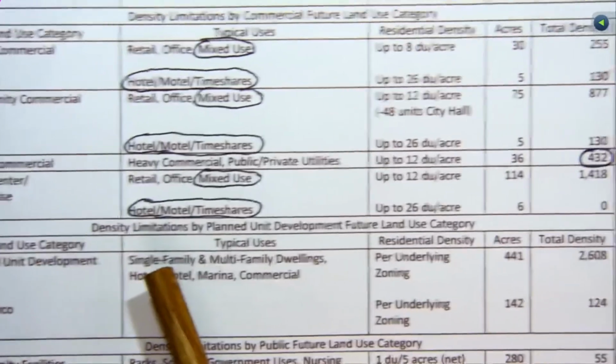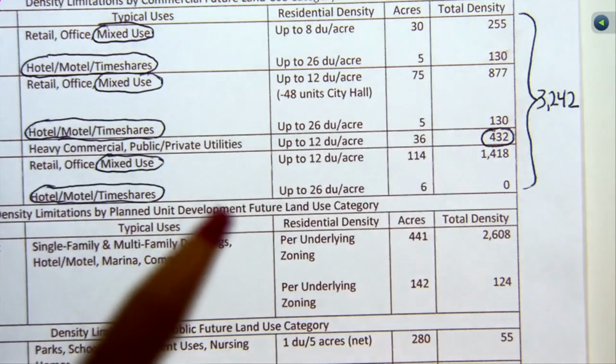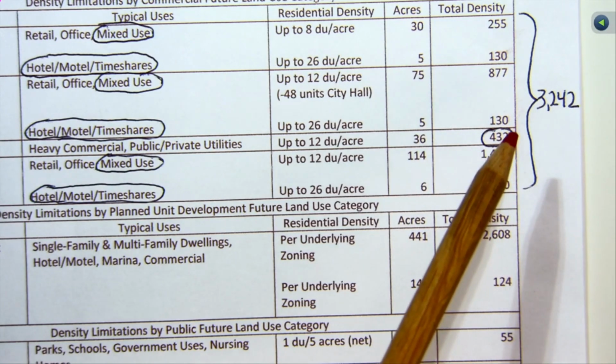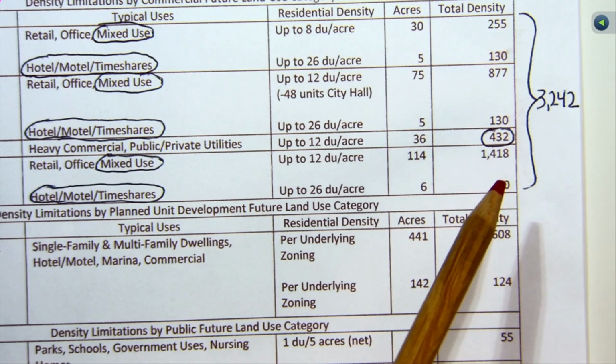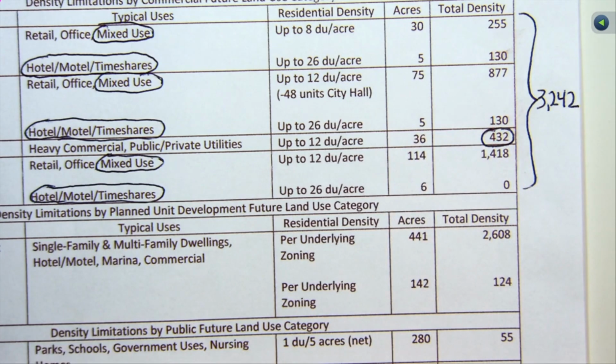And again, I think it might have been a clerical error years ago when this chart was put together, because it makes more sense that those 432 probably belong in the town center, and this 0 probably belongs up there. So I think there are some questions that need to be answered, and I think it's a legitimate endeavor. I talked to members of the planning board. Councilor B'Elanna,